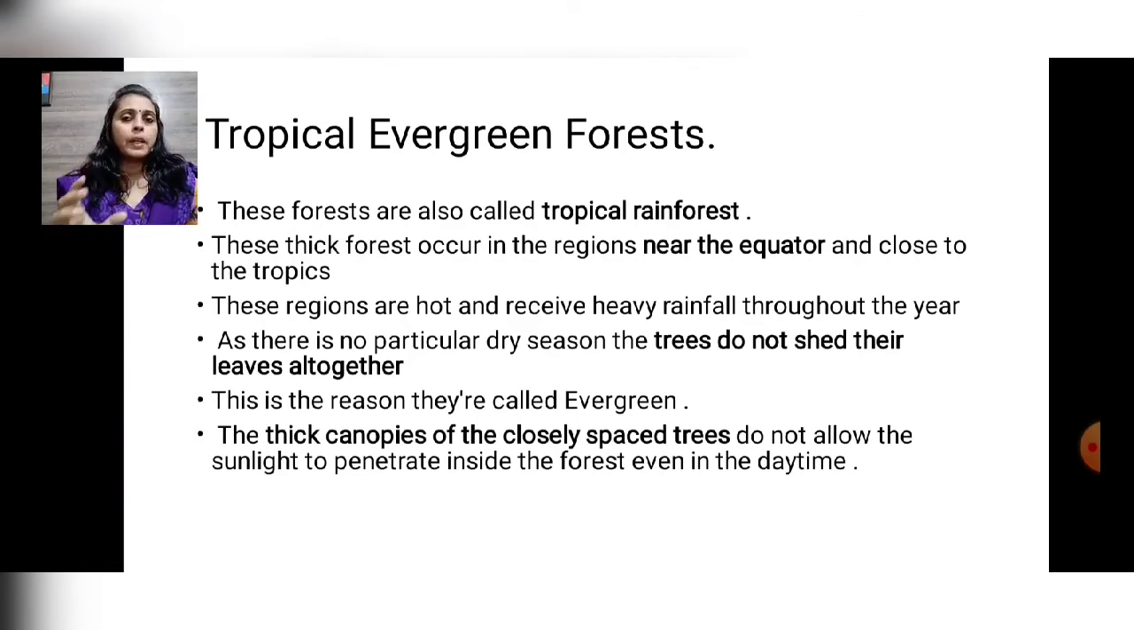By the word tropical you will come to know that it will appear where the tropics are. So Tropic of Capricorn and Tropic of Cancer. Okay. Next to the equator, above the equator. Okay, Tropic of Cancer and Tropic of Capricorn. So 0 degree to